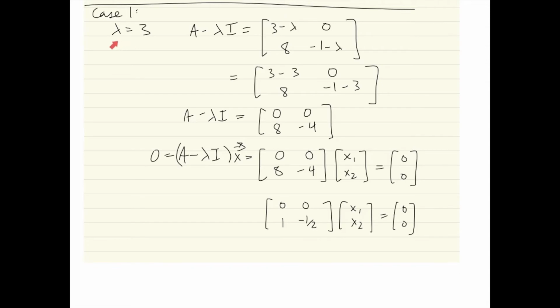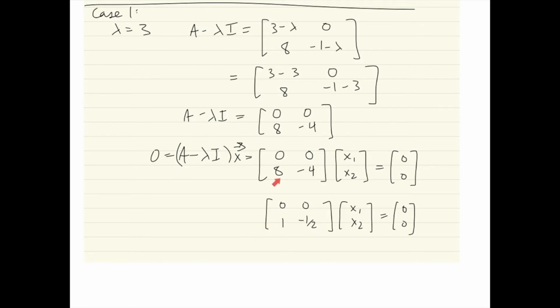So let's first deal with the case where the eigenvalue was 3. Then we need to find x such that (A minus lambda I) times x equals 0. So first let's find A minus lambda I. A minus lambda I is this matrix, and our value of lambda now is 3, so substituting that in, we get this. So we're trying to find x, and I've written that as x1 and x2 as its components, such that this matrix times x is equal to the 0 vector. And then I'm going to row reduce,